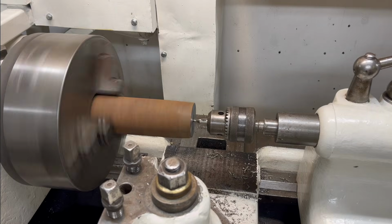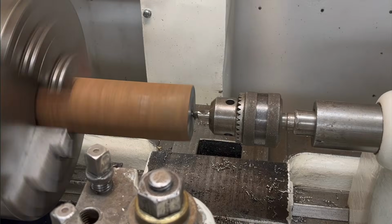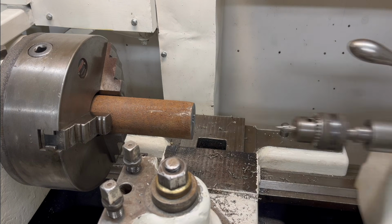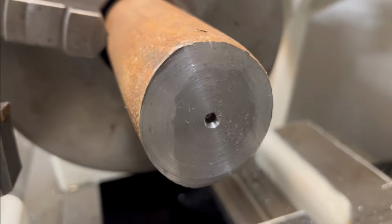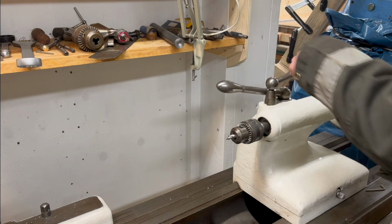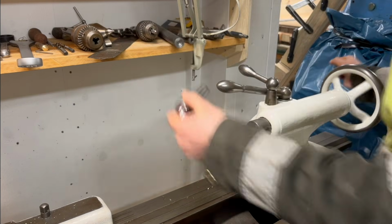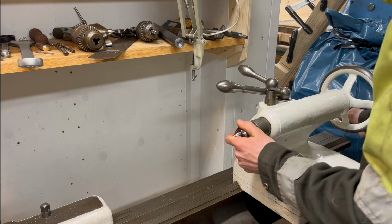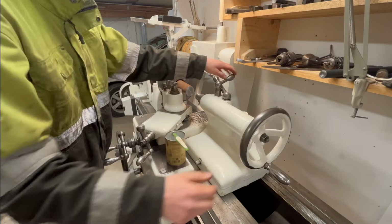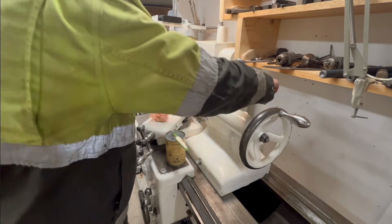And now I got it cleaned up here, and I'm gonna center drill it, make a little hole so I can put a live center in there, because I have quite far stick out here, and when you're turning a part that sticks out far, that can lead to some vibrations, and then it doesn't turn too nice. So then you just get the tailstock and put it up against the part with a live center to support it. And then it's supported at both ends, and it's nice and